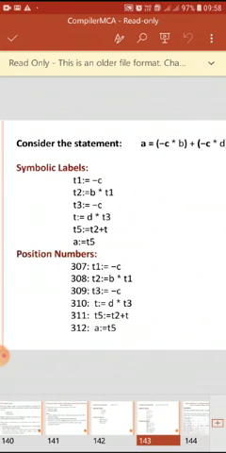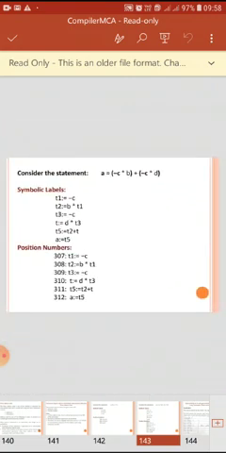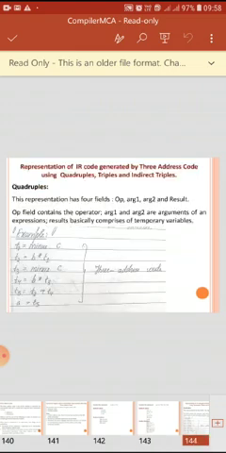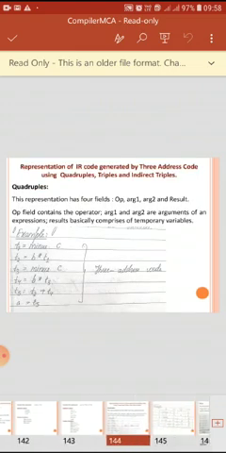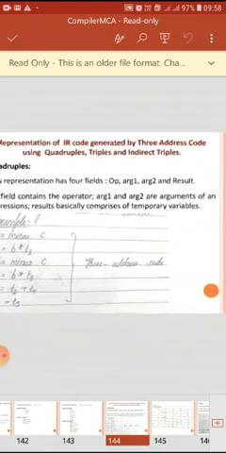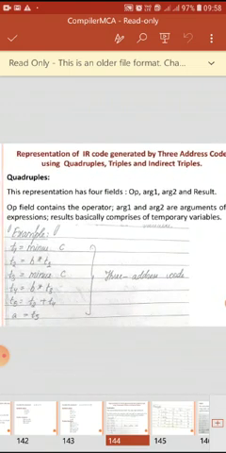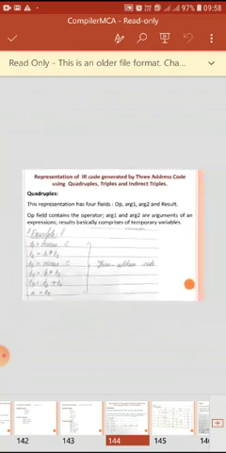One technique, the three address code, is further taken into account. Now it would be further represented using quadruples, triples and indirect triples. This is not a conversion. Quadruple, triples and indirect triples are not a conversion, but just a representation of the IR code.